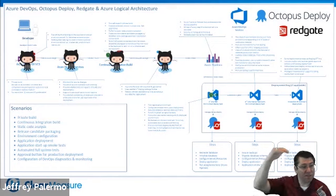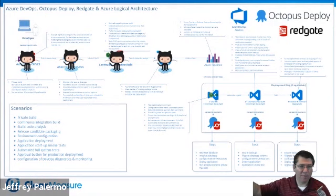So the bar is a little bit higher if you're going to say you're going to use GitHub Actions only for deployment. You're going to be doing a lot of scripting yourself. So hey, it's a great new player,